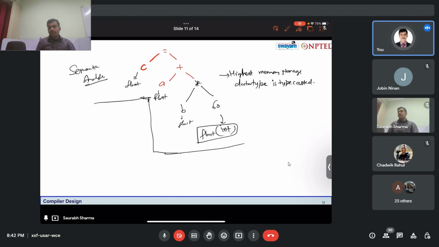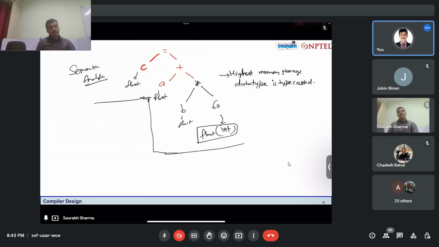Okay, so semantically it should not be added with the float, but if we apply semantic analysis, it will typecast it and convert it to float. Now we can add it and it will actually provide us the output. So in the next phase,